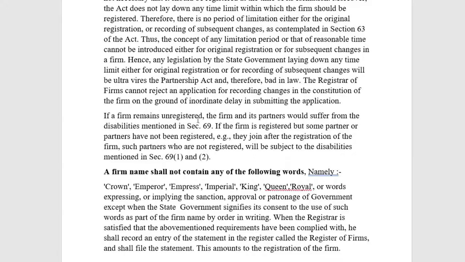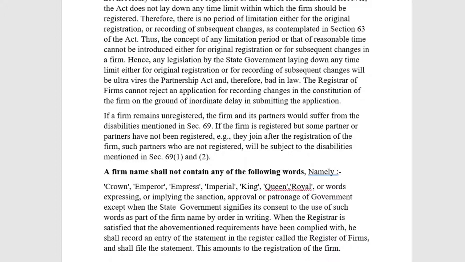So with regard to these aspects, what are the disabilities? The unregistered firm and its members, meaning the partners, will suffer, as given under Section 69. If the firm is registered but some partners have not been registered, they join after the registration of the firm. Such partners who are not registered will be subject to the disabilities mentioned in Section 69 subclass 1 and subclass 2. So that means here the disabilities will apply to the partners who have not been